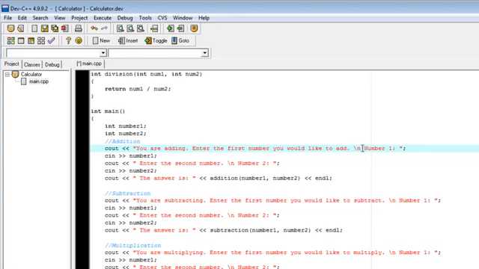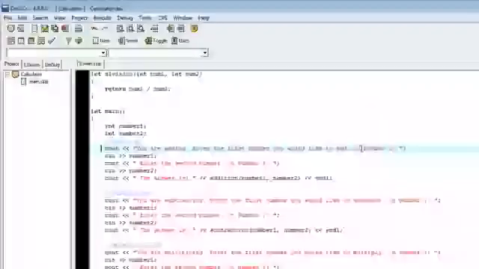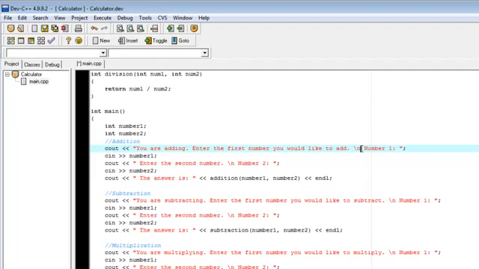\n. If you recall, if I mention this, \n will be a new line. So it literally tells the compiler this is a string, however I want you to do a line break right here. So it will print "you are adding, the first number you would like to add," period, new line,